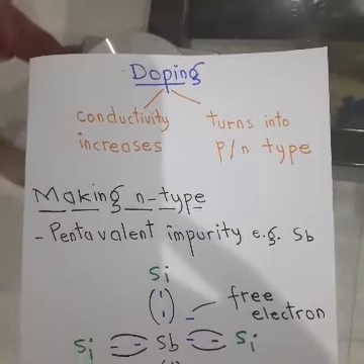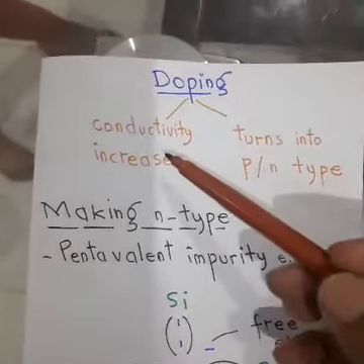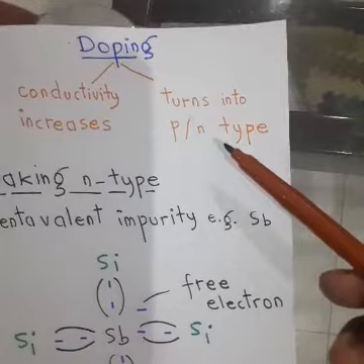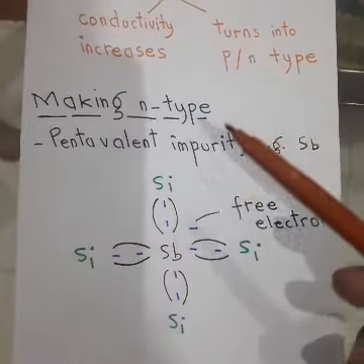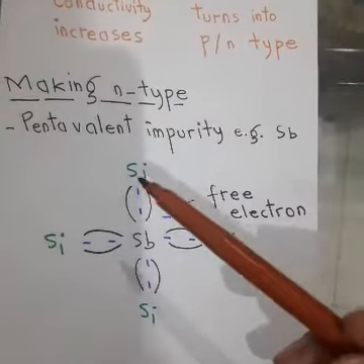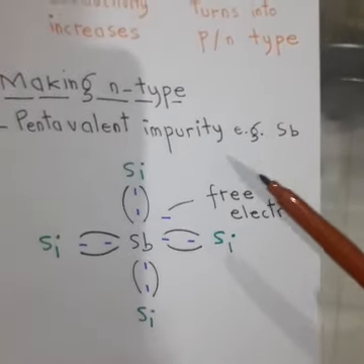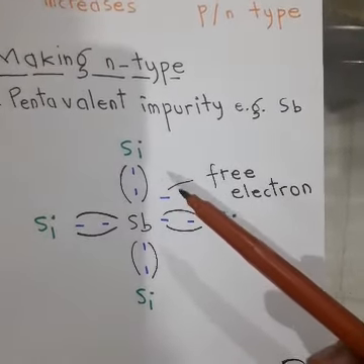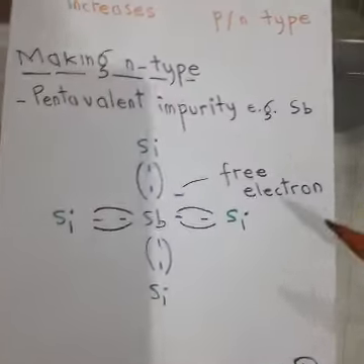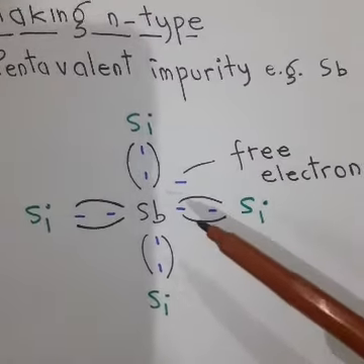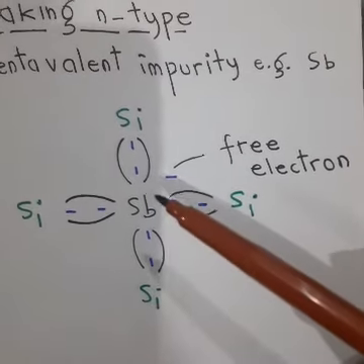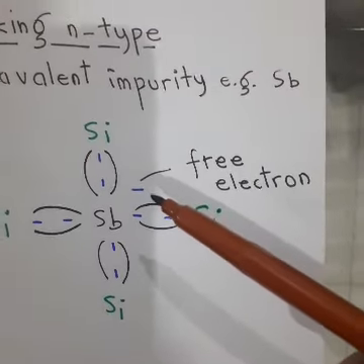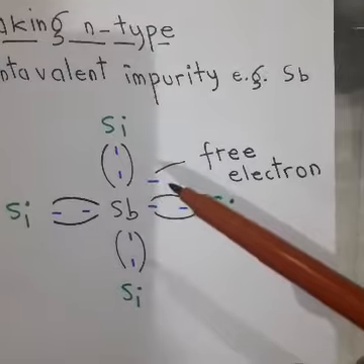Right. So in order to increase the conductivity of semiconductor materials, and turn them into P and N type materials, we dope them. Doping can be of two types. It can either be N type with a pentavalent impurity, for example antimony, Sb, which has 5 electrons in its outermost shell. When we add this as an impurity in silicon, it makes bonds with 4 neighboring silicon atoms with 1 free electron left over,